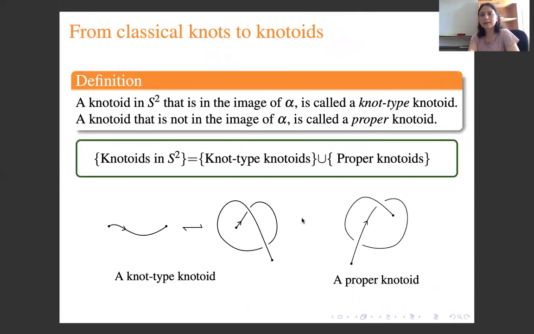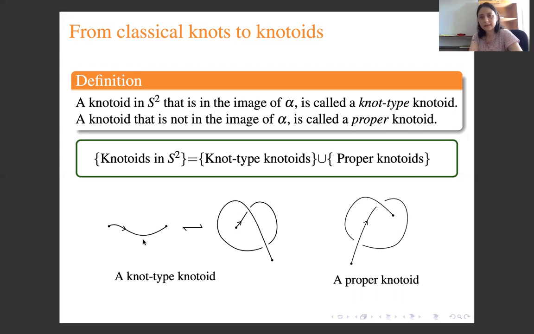So with this injective map, we can divide the set of knotoids in the two-sphere into two types: knot-type knotoids and proper knotoids. Knot-type knotoids are the ones that lie in the image of this map alpha, and proper knotoids do not come from a knot; they don't lie in the image of this map. Here are some pictures. Obviously, the trivial knotoid is obtained by just cutting out an unknot diagram. And here's another representation of this